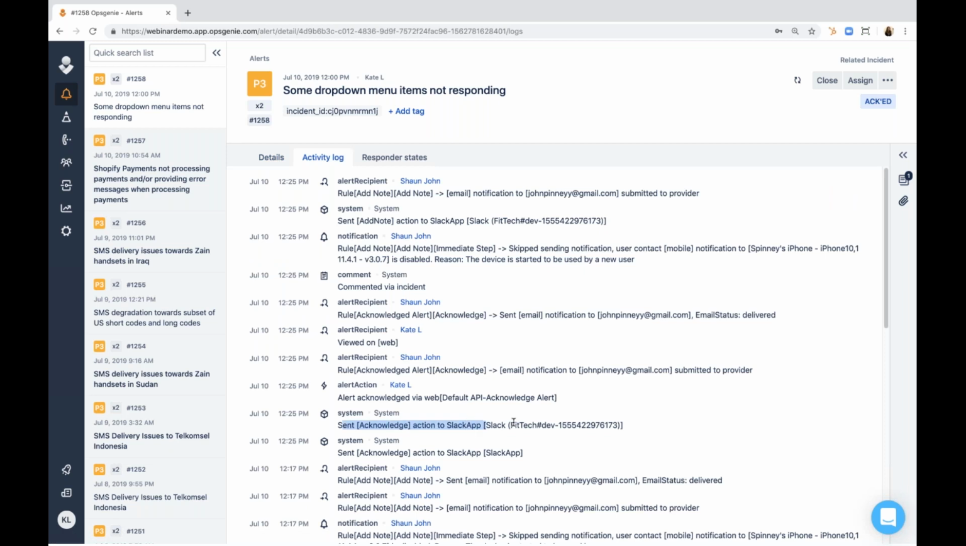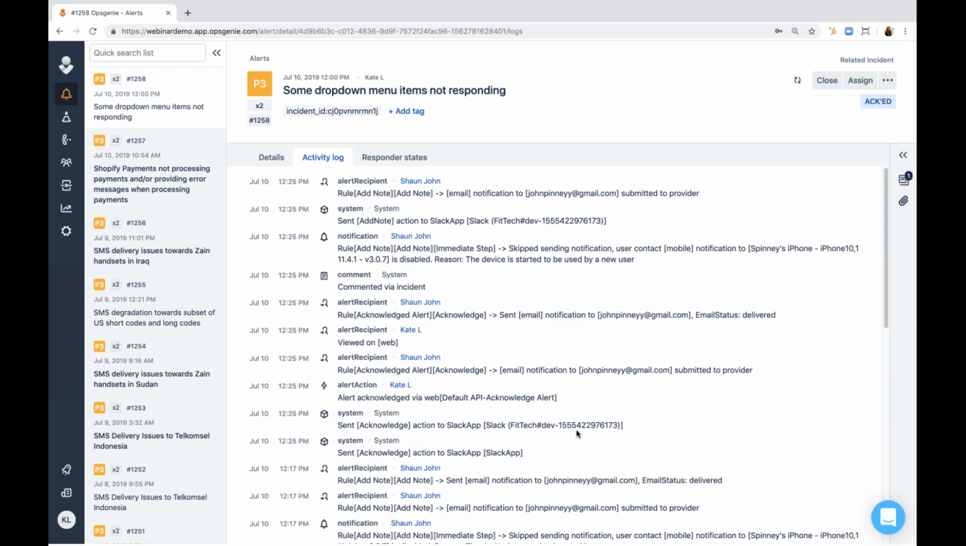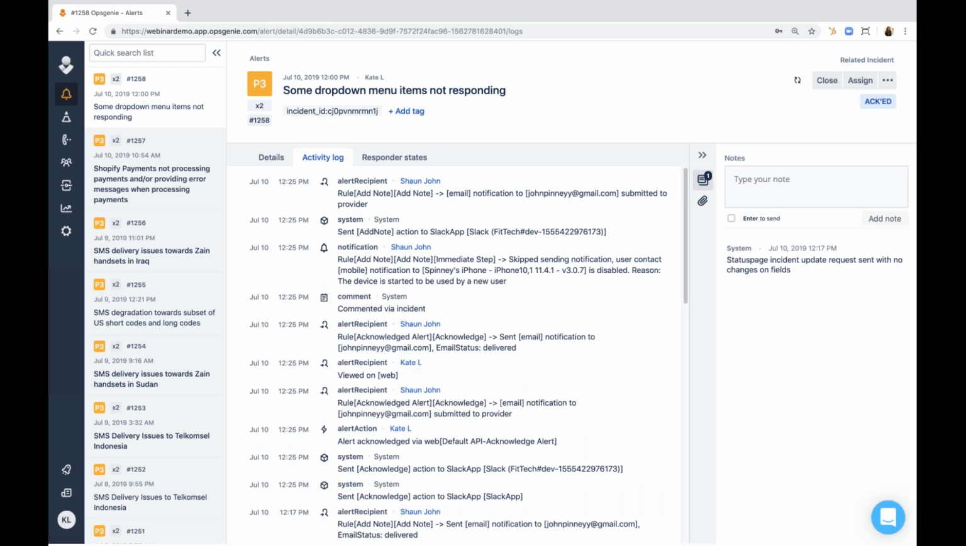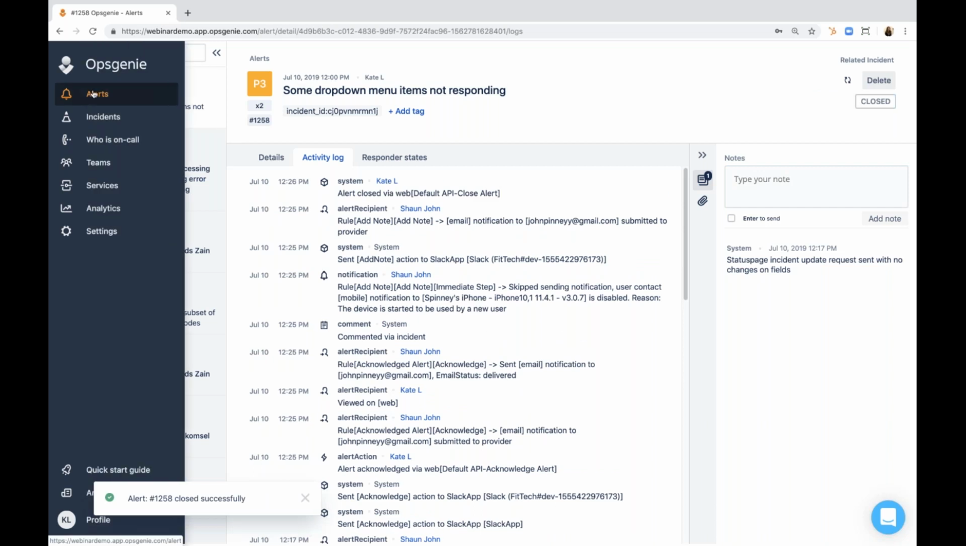It shows you that it sent a Slack message to this particular Slack account, which is integrated with this Opsgenie team. You can see all the activity, where the activity was taken, etc. So this is really helpful to have. You see the notes here, and then you can add a note as well, very simply. You can add tags up here. I'm just going to close this alert so you can see what that looks like, and we'll go back to